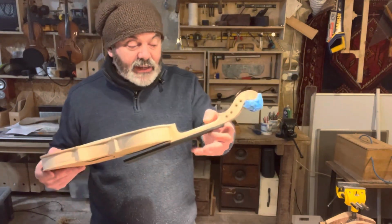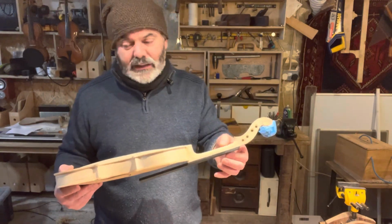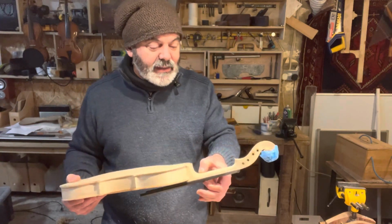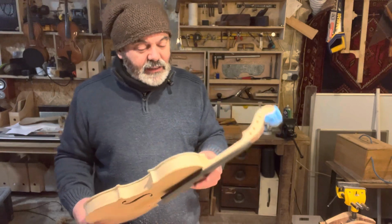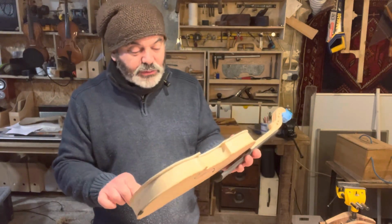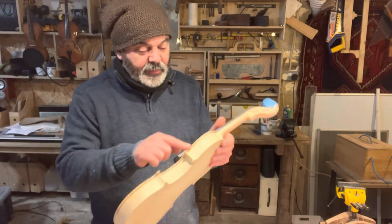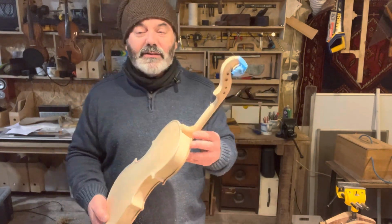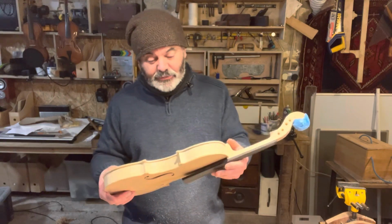I've just set the actual thickness of the neck to about, what is it? What do I set it to? 18 and a half there, 20 and a half there. And it's got a flat on it at the moment, so I'm just putting some shape into it. After that, onto getting edge work sorted out. Edge work, corners, just lots and lots of sanding really, and then this one will be ready for